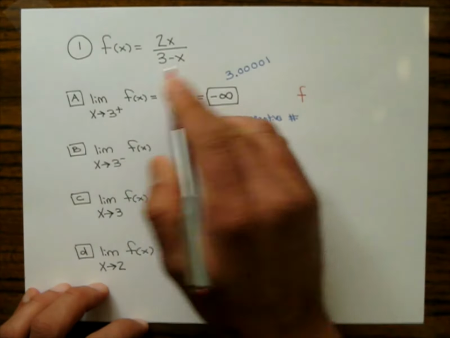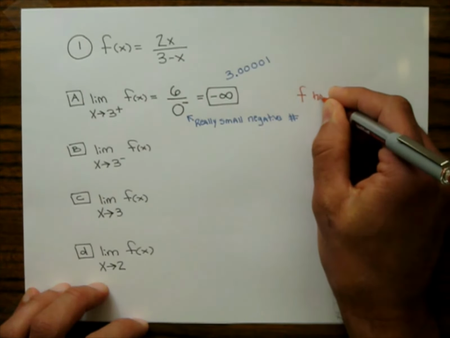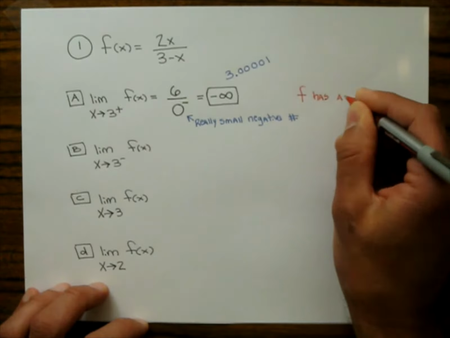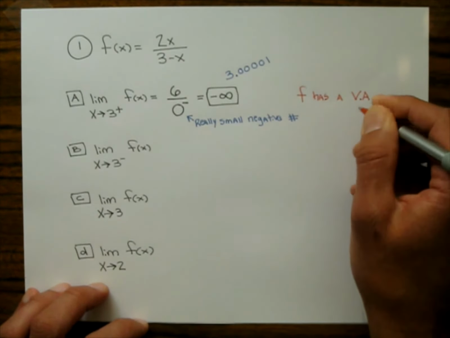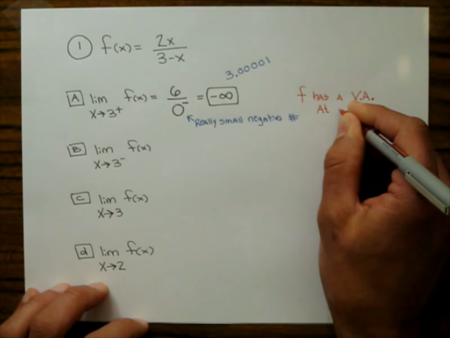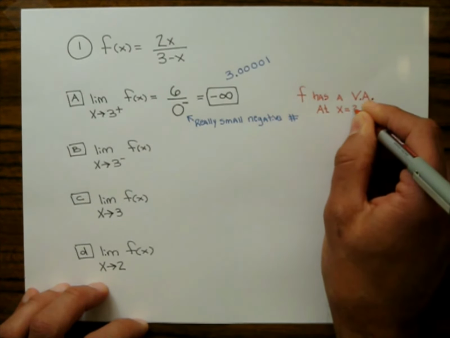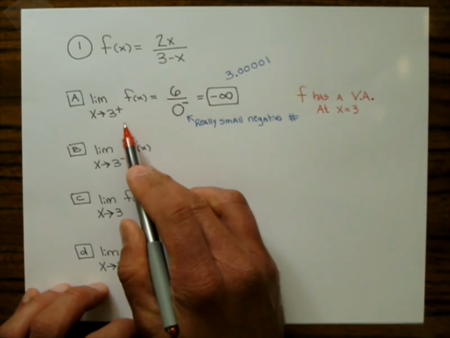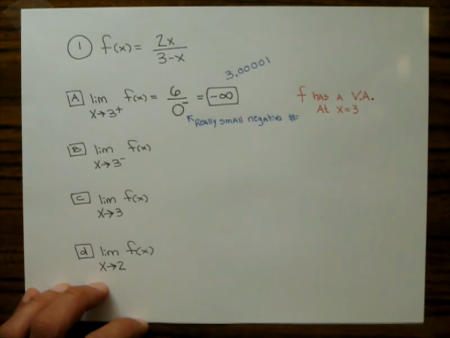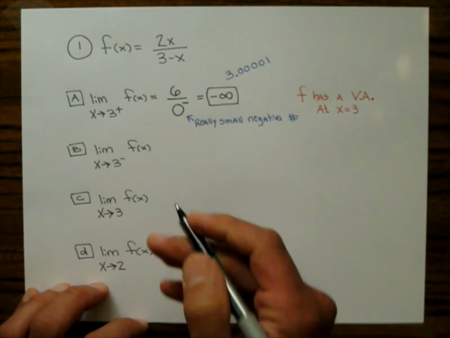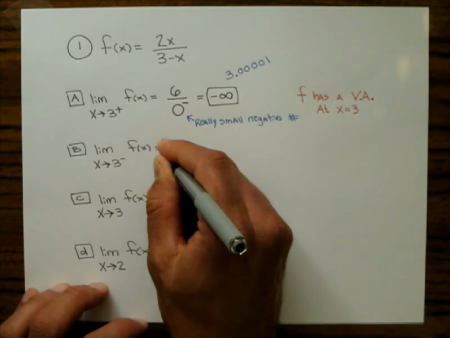F, which is this function, has a vertical asymptote at x equals 3, because one of these limits cranked out a negative infinity. Let's go ahead and do the next one. I'm going to go ahead and put